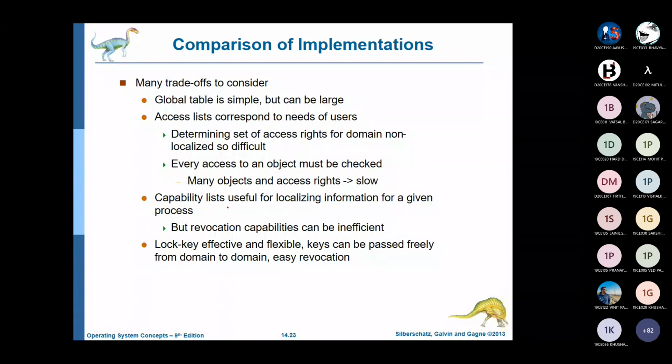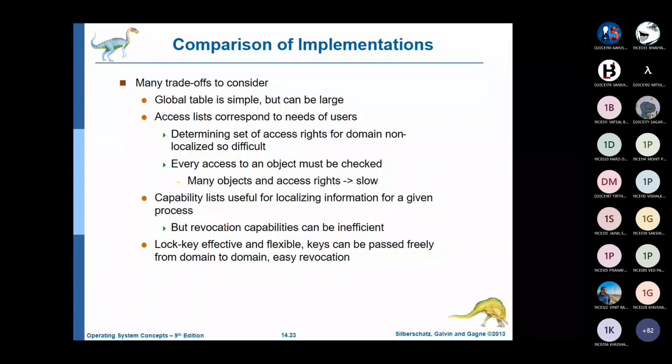But suppose I have given some permission, right? Because it is indirect, first you need to check that capability list. Once you access that, then you can utilize that particular list. So for a domain, the permission given to a particular object is specified in the capability list. Okay, and revocation of capabilities can be inefficient, because